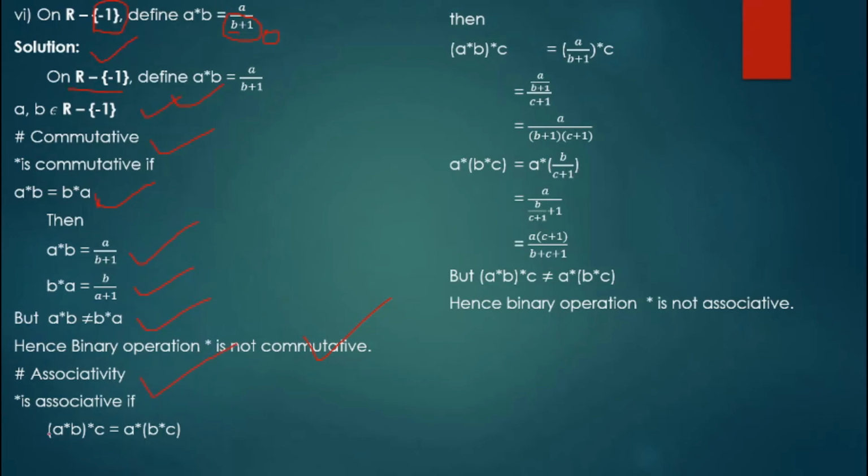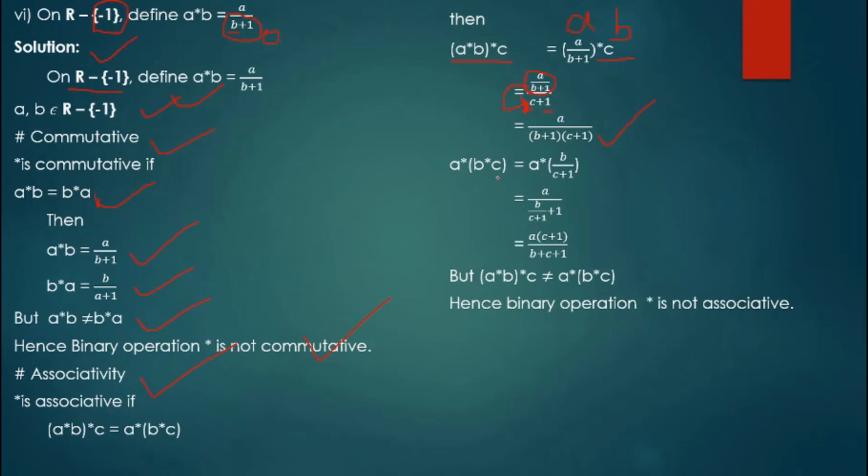A star B star C equal to A star B star C. So checking for LHS, A star B is what according to the definition? A by B plus 1. So A by B plus 1 we are writing here, then the remaining star C. So now this is A and this is B. So what do we have? A by B plus 1. So this is A and this is B and this is 1. So what will happen? This denominator goes down. That is A by B plus 1 into C plus 1. I guess it's not so difficult, right? What you have done in your lower class, that itself it is.